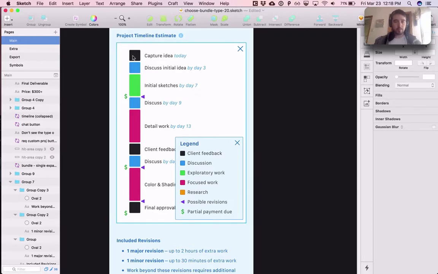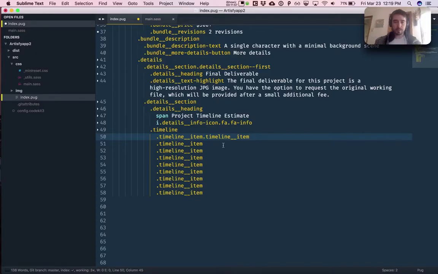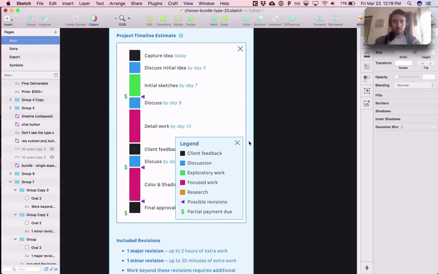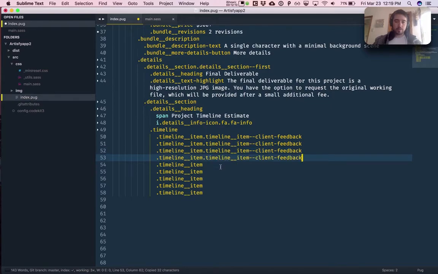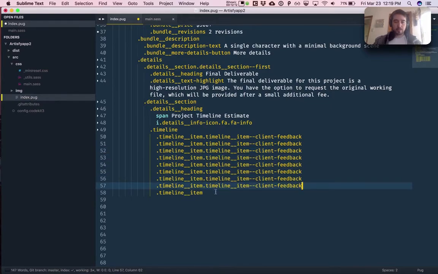So I could just label them like black, blue, green, but looking back on this code later, that's not going to really do much for me. So I'm going to do timeline item dash dash client feedback, and that will make it easy for me to style this later. The client feedback one is going to be black,